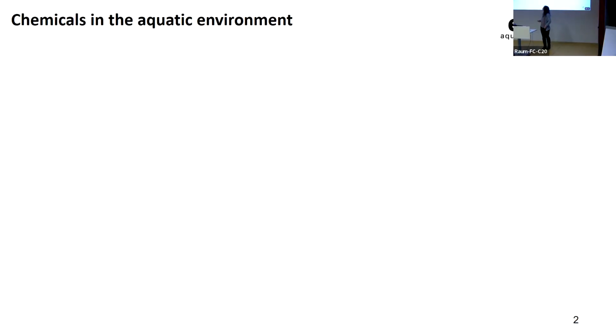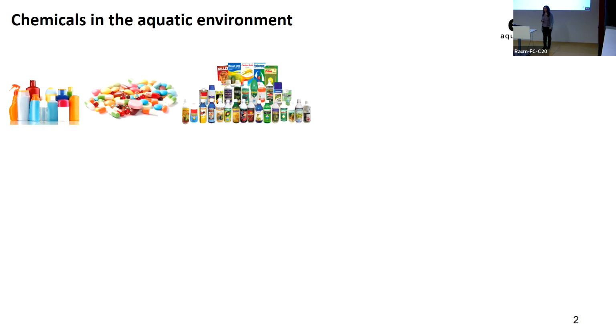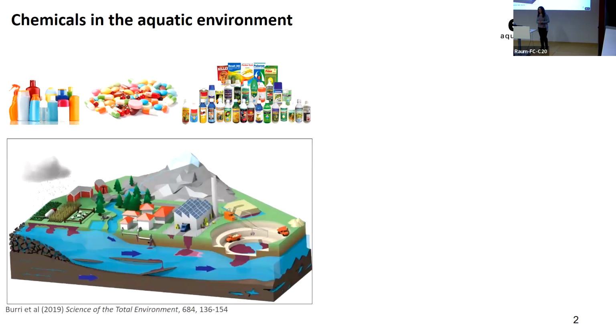So chemicals are very important in our daily life. They can be found, for example, in our personal care products, in medication to treat diseases, and they are also applied in agriculture areas to control pests. And at some point, they all enter our aquatic environment via different routes of contamination, for example in agriculture areas, urban areas, and industrial areas. This means that they pose a potential risk to all organisms that live in this environment, and ultimately also to